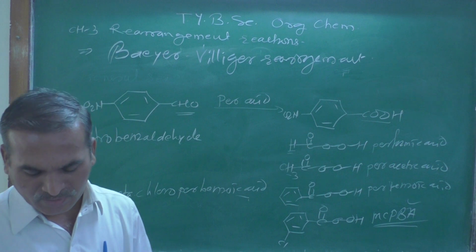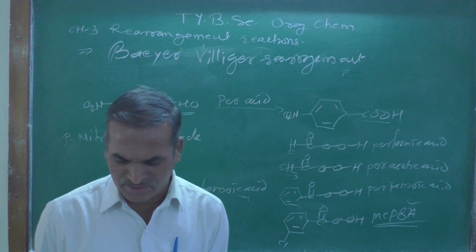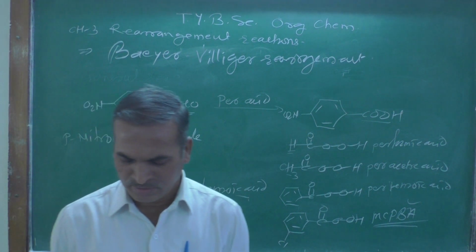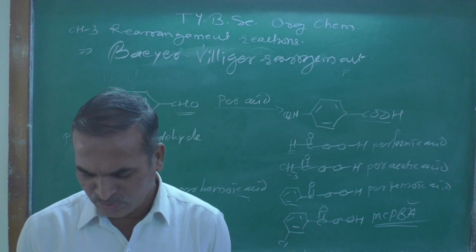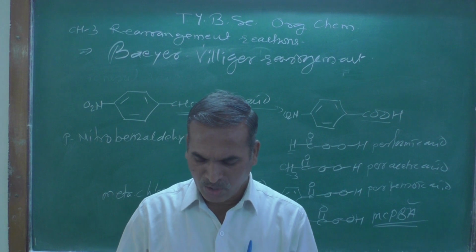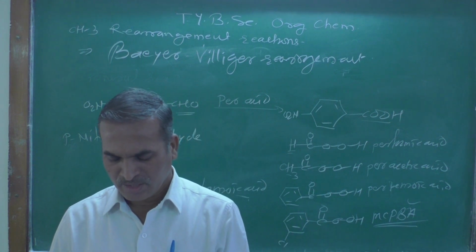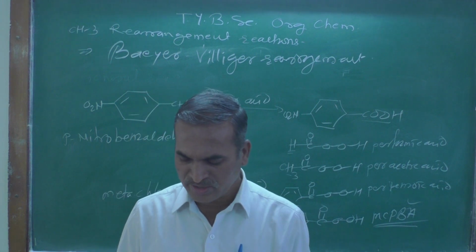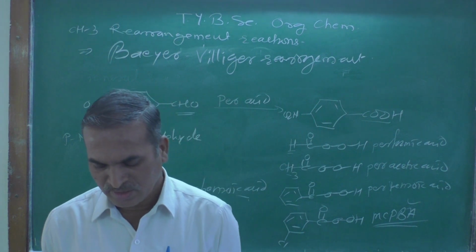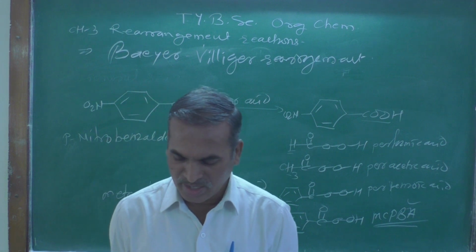So these peracids are the more commonly used reagents, and common peracids are perbenzoic acid, peracetic acid, metachloroperbenzoic acid,